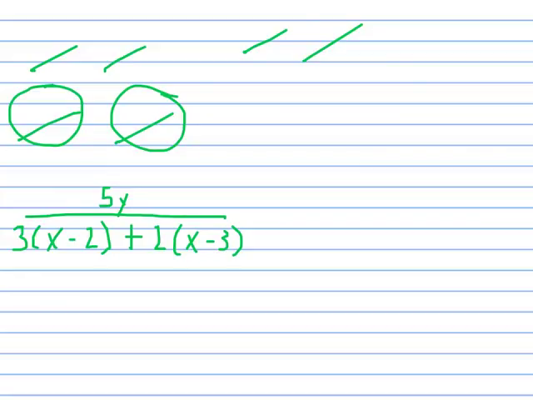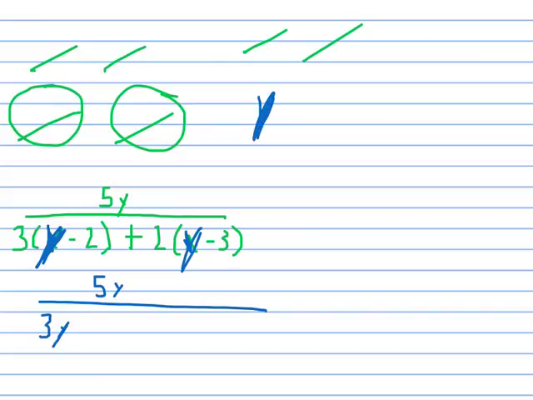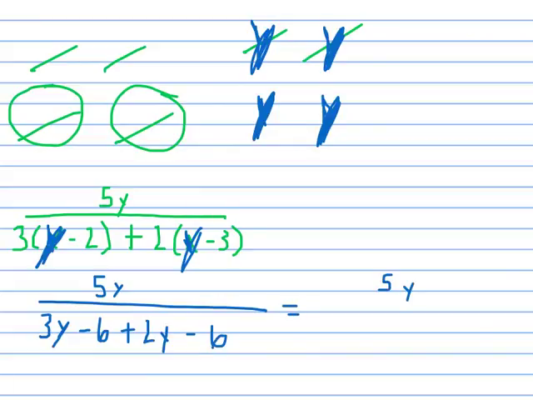Now the next step would be to distribute. So we end up with 5y over 3. I don't know why I changed these x's. They should be y's. Throughout the whole thing, I was worried I was going to do that. They should all be y's. There we go. So I have 3y minus 6 plus 2y minus 6. So we end up with 5y over